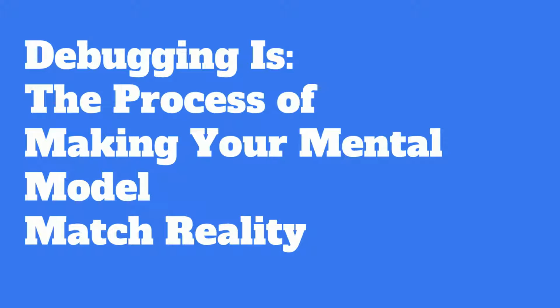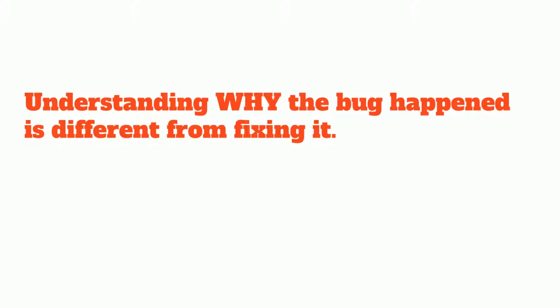All right, so we talked about rope, we talked about bugs, we talked about pizza. What's debugging? We still haven't got there. So like we mentioned earlier, debugging is the process of making your mental model of the issue match reality. Understanding why the bug happened is different from and often more important than just fixing it. And I think, to me, that is the primary difference between debugging and troubleshooting. A lot of times when you're troubleshooting, you're just trying to fix the thing. When you're debugging, you're trying to find the actual underlying cause, so hopefully you can prevent it from happening in the future. So cause versus symptom thing.